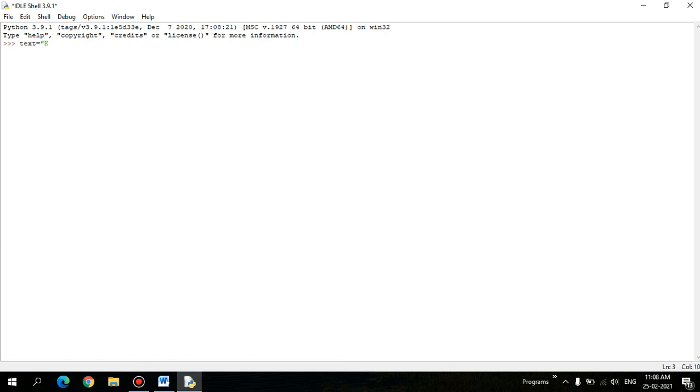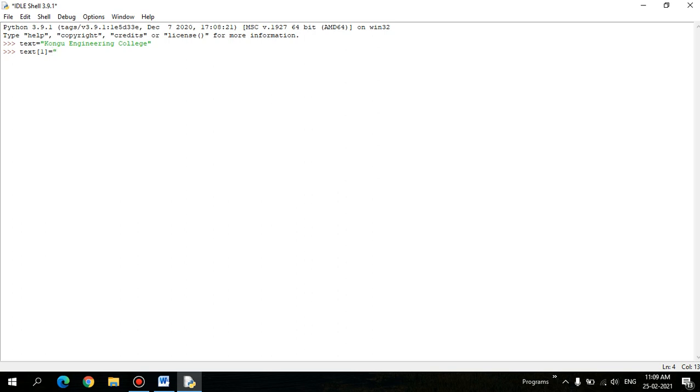Text equal to, and here this is a string and text is a string. Let's try to change some characters in the string. We all know that indexing can be used.